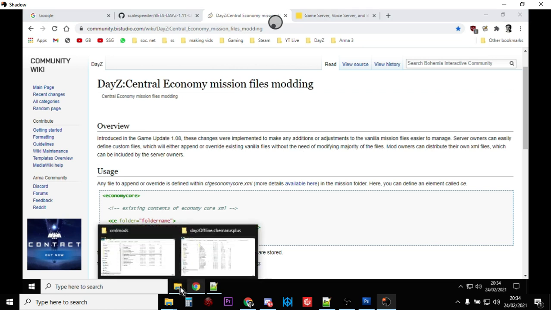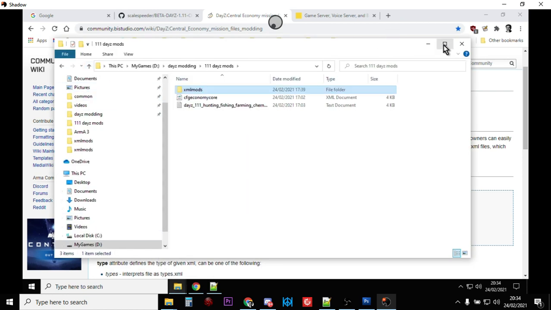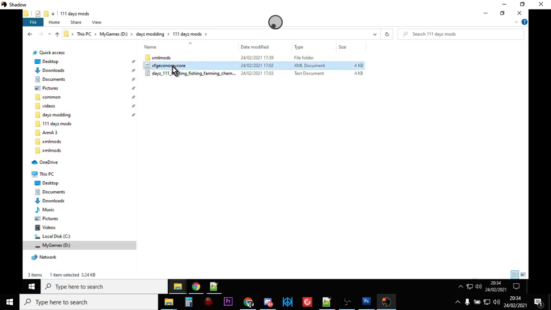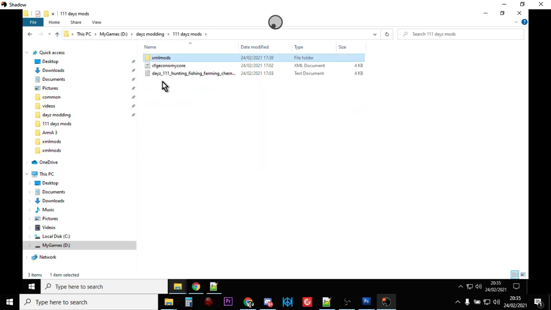So what that means is, if we go here, you have to bear with me. What you can see here on the screen is the files that we're going to need. And the files that we change are the CFG economy core file, and then we create some XML mods that I've done all for you, like these. And literally all we have to do to make these mods take effect is we upload CFG economy core, which